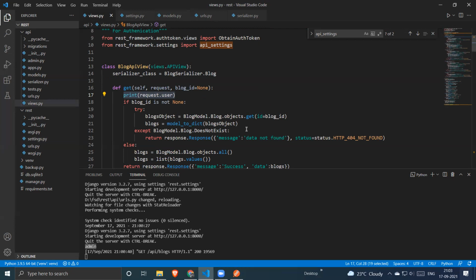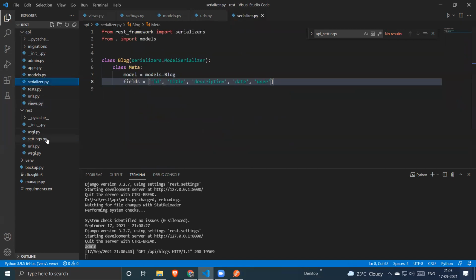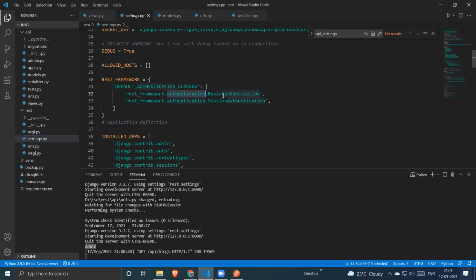You create a separate API view just for login, and use the exact Django authentication system where you authenticate your user and make a login request, and you will get the same data in the request.user object. So if you are going to use a complicated authentication system, I suggest you use the API view. If you are using the basic authentication system, Django already provides it from the authentication.BasicAuthentication package.